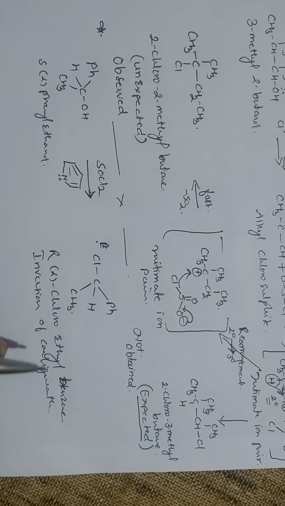So go thoroughly through the lectures, read the text, see the simple minute points in every mechanism, and try to write a single mechanism 2 to 3 times, so that it becomes a practice of how mechanisms can be written. Organic chemistry is the subject where, until and unless you practice rewriting the mechanisms, it is difficult to express it in the papers.